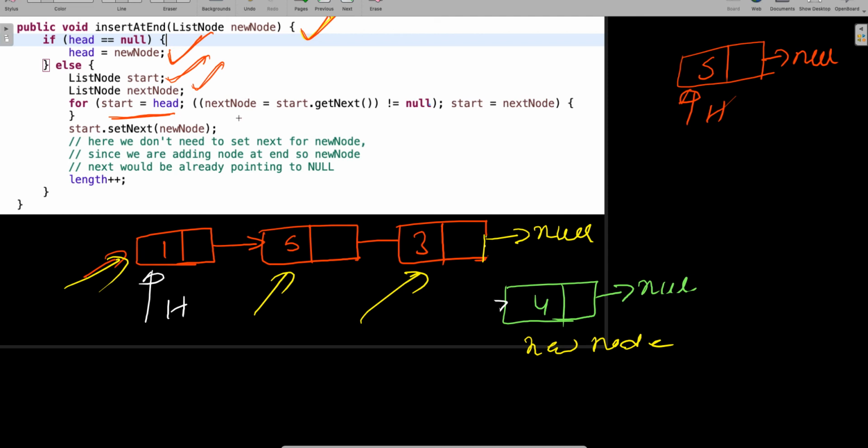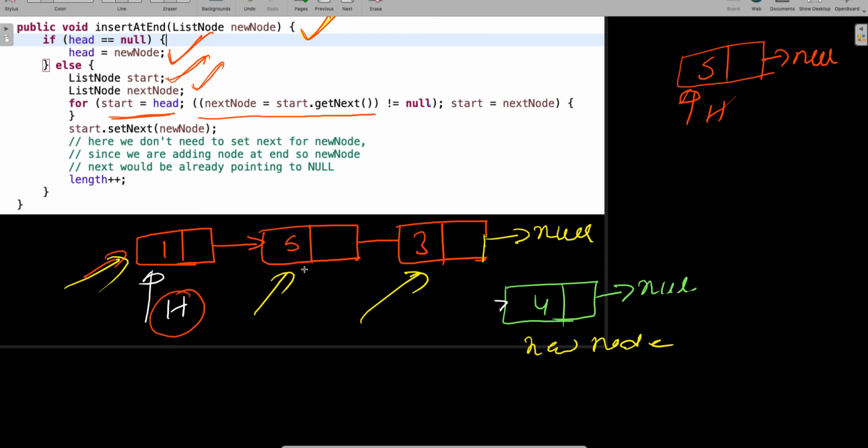Then look at this point here, guys. This is a very important point. I am saying next node. So what is the next node? This is also of type list node. I am saying start dot get next, and putting the condition if not equal to null. Let's say this is the head node, so head dot get next is equal to 5.